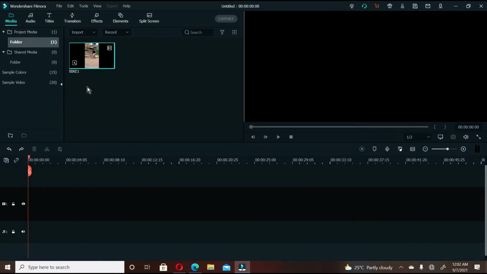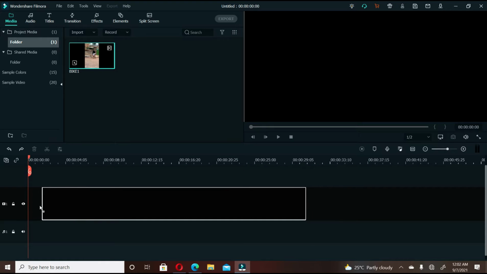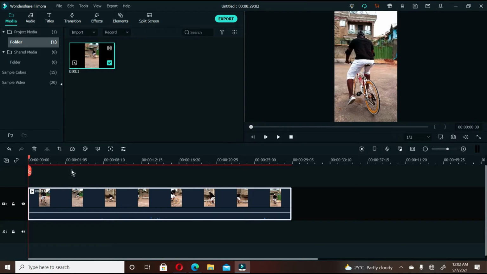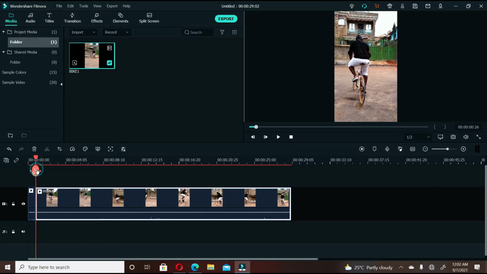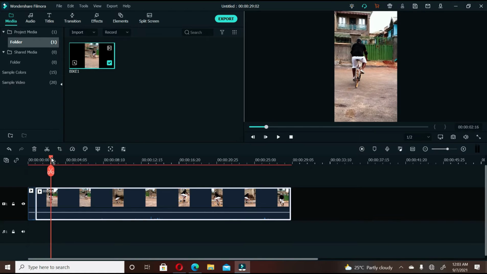Performing a reverse effect in Filmora Video Editing software is very easy. We're going to be using this video, so I'm going to be dragging this video down to our timeline. Now I'm going to locate the actual point where I want to perform the reverse effect. So I'm going to be performing the reverse effect at this particular point. So what we'll have to do is cut, then move front a little bit,